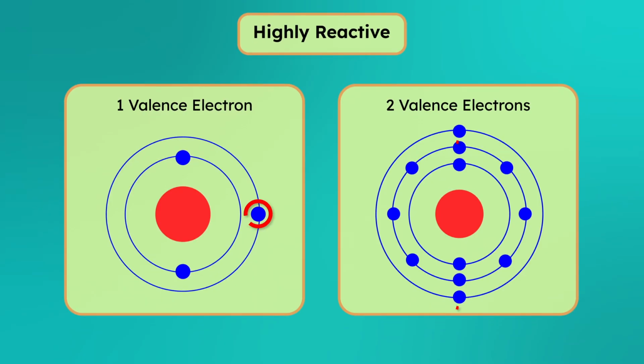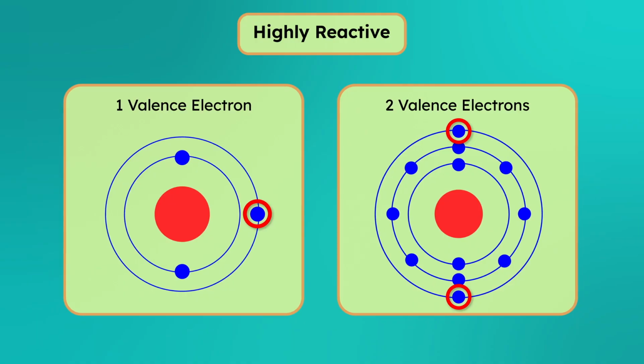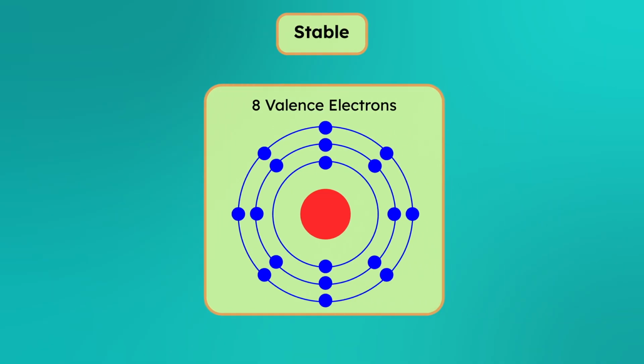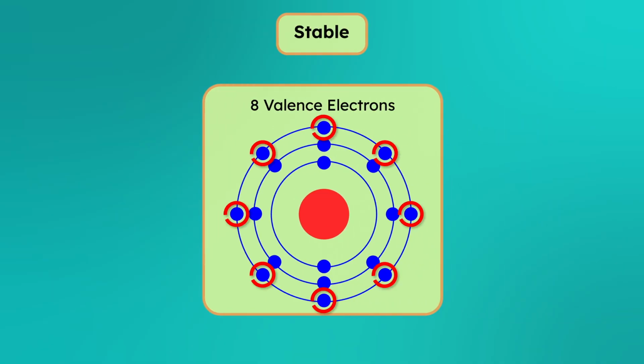Elements with 1 or 2 valence electrons are highly reactive. They quickly give away electrons to reach a full shell. Elements with 6 or 7 valence electrons are also highly reactive. They take electrons to complete their outer shell. Noble gases, which are elements with 8 valence electrons, are completely stable and don't react because their shells are already